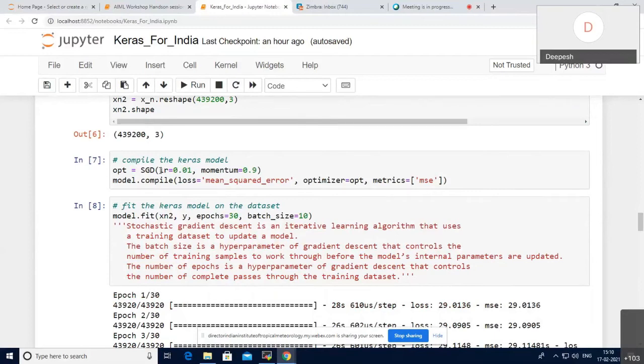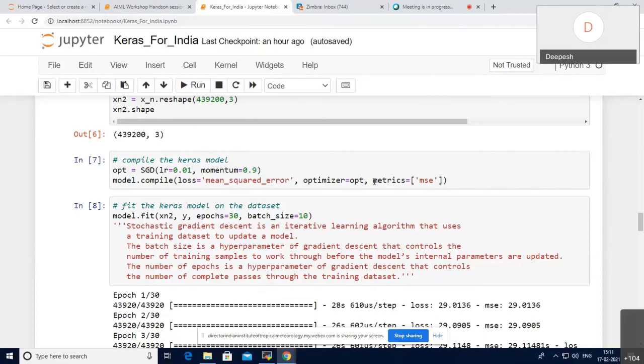For optimizing the model, or the optimizer, you can use stochastic gradient descent with a learning rate of 0.01 this time and momentum as 0.9. I think you can play around with these parameters, and I'm also doing the same basically. You can play around with these variables and see which one gives you the best result. Once you have defined all the parameters for the model, you have to compile the model. You just say model.compile. You define a loss function for it. In this case, we are using mean squared error as a loss function, stochastic gradient descent as the optimizer,